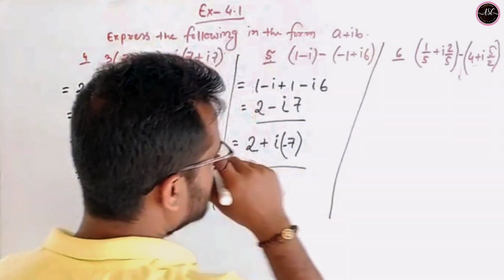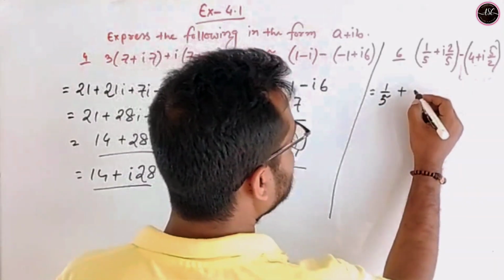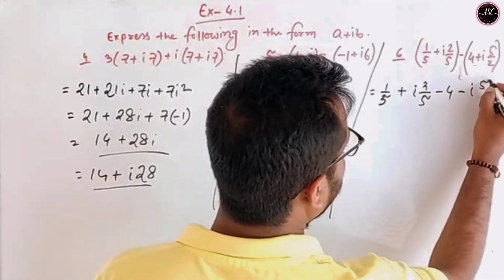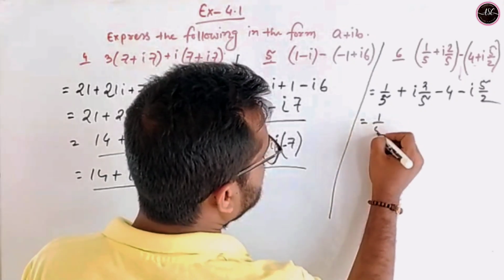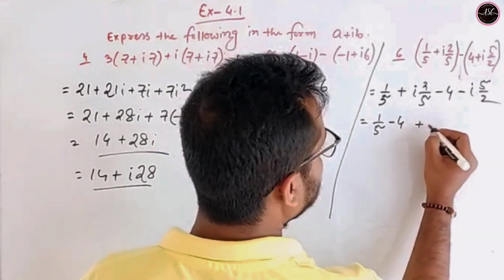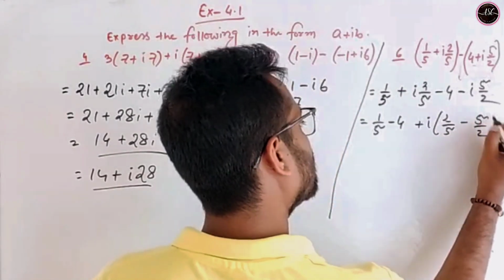And now question number 6. Just simplify this. 1 by 5 i dot 2 dot 5 minus 4 minus i dot 5 by 2. Just segregate the real part and imaginary part. We have plus i dot 2 5 minus 5 by 2. So we have